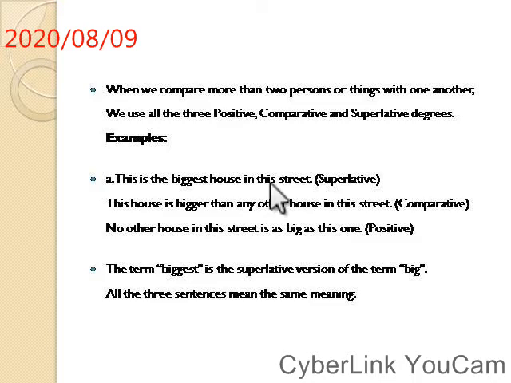So tallest: he is the tallest in the class. Nobody is as tall as him. He is the tallest, EST, superlative degree. Tall, EST, tallest. Tall, ER, taller, comparative. Tallest, superlative. Tall, positive degree. But these sentences which can be written in comparative and superlative degree can also be written in positive degree. So when we write them in positive degree, it should be in the positive form of the adjective.